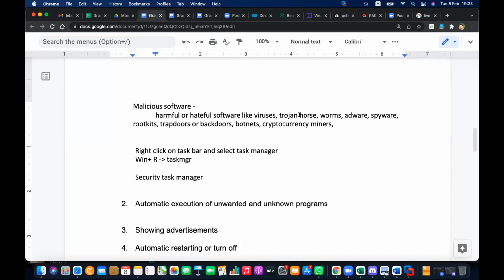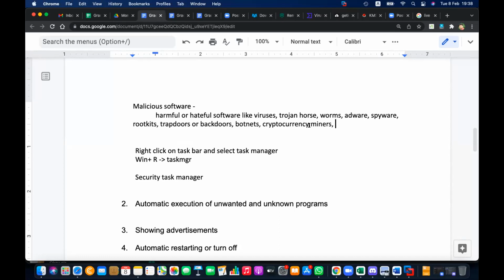Harmful, hateful software like virus, Trojan horse, worms, adware, spyware, backdoors, botnets, cryptocurrency miners, and there are some other ones, like an encryption tool called crypto viruses. So that's enough. You can just write down.